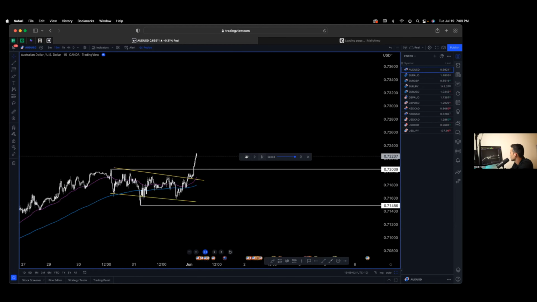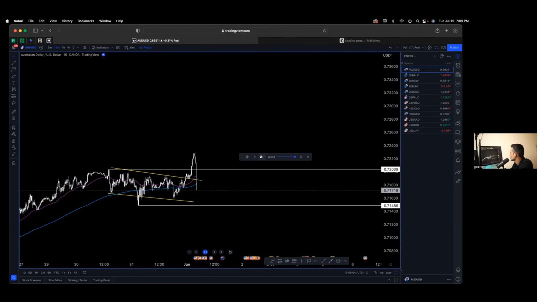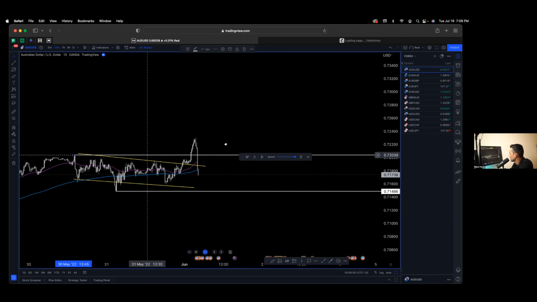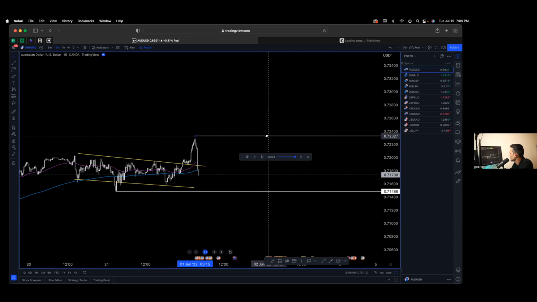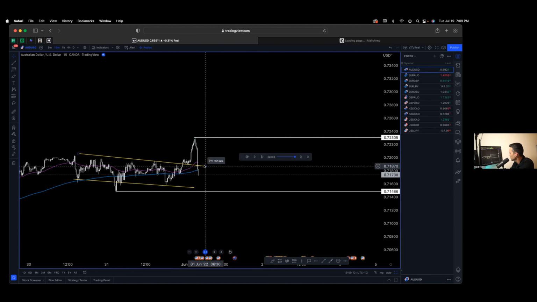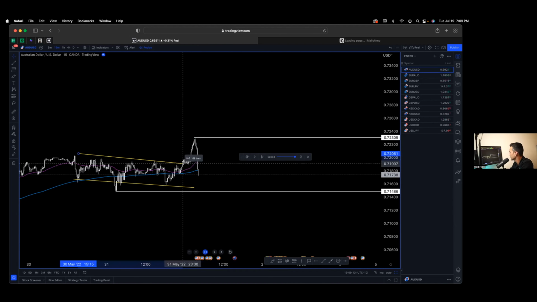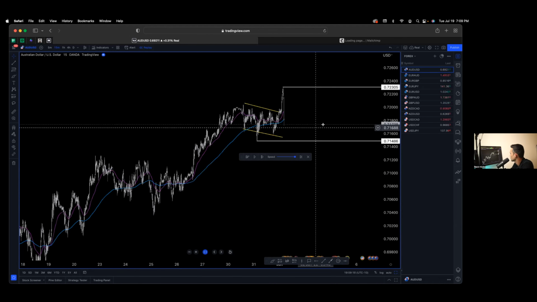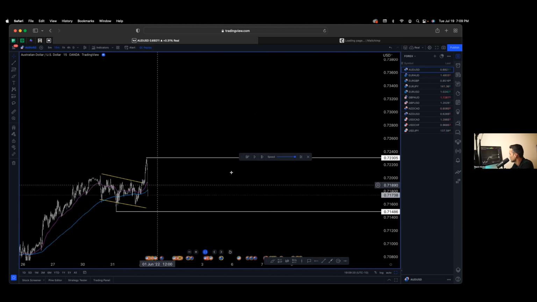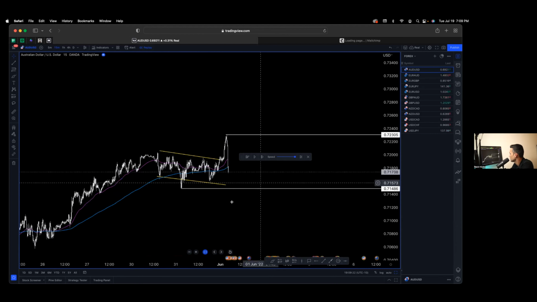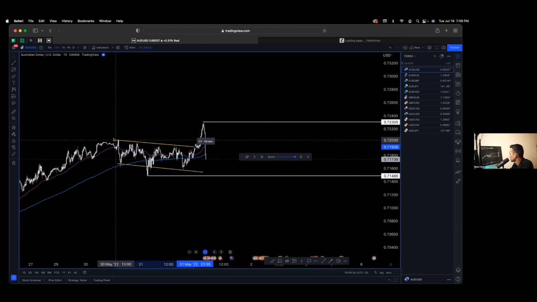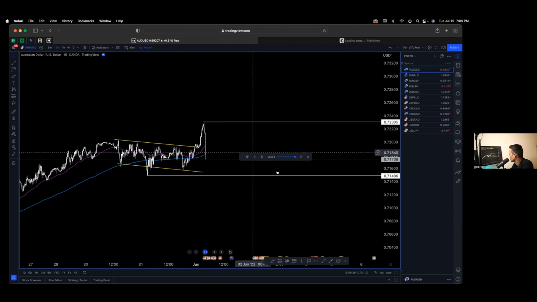Now let's fast forward a little bit, you know? Okay, so it's dropping back down. Okay, it's dropping back down. It created a new high. So I'm just gonna readjust these lines here. So we're back into this ascending pattern. So we're in a bull trend. Again, this is only the 15-minute. So more like a bull run, but if I'm only looking at the 15-minute, it is a bull trend.